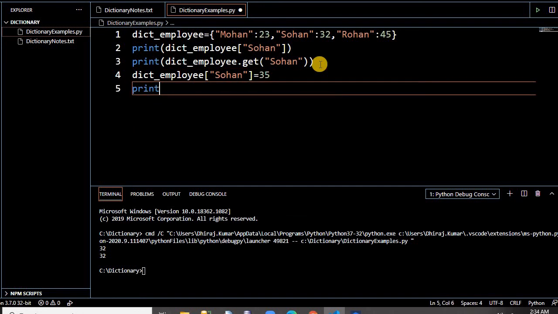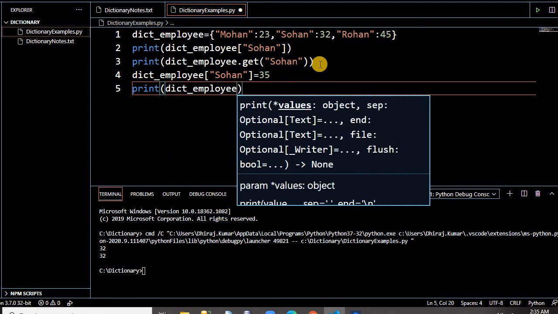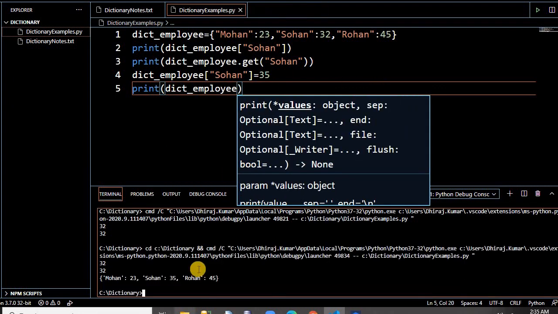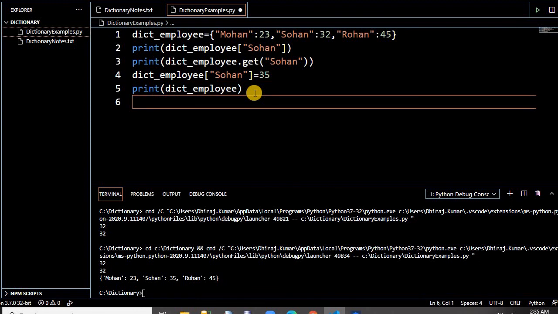If you print the dictionary, it will give you the whole value. See here, now it's giving 35. So this is the way to change the value of any particular key. Directly pass the dictionary name and then the key whose value needs to be changed, and pass the value. It will change the dictionary.